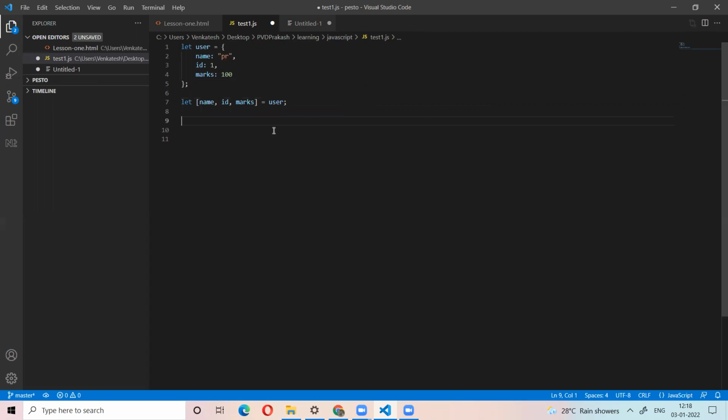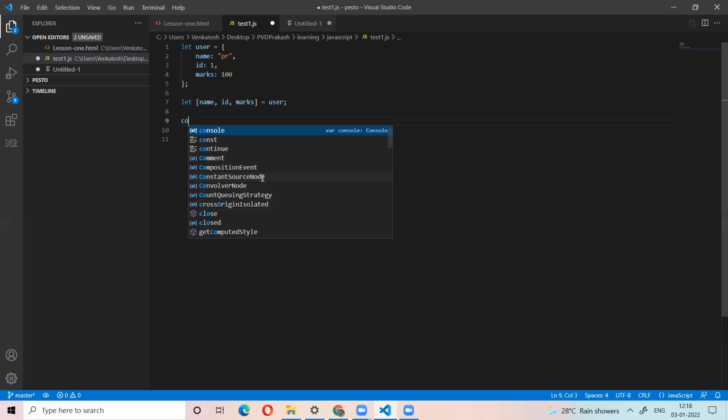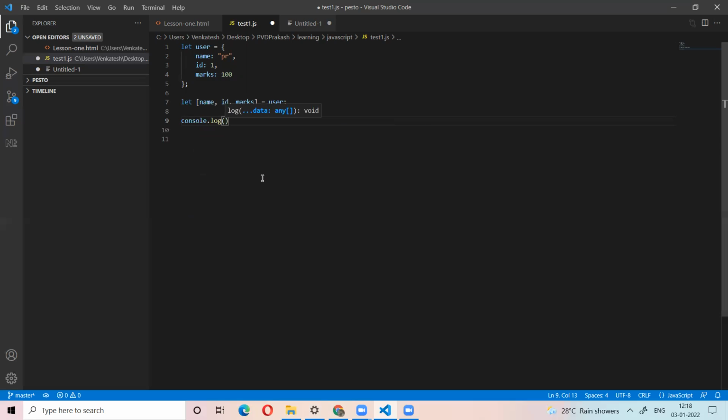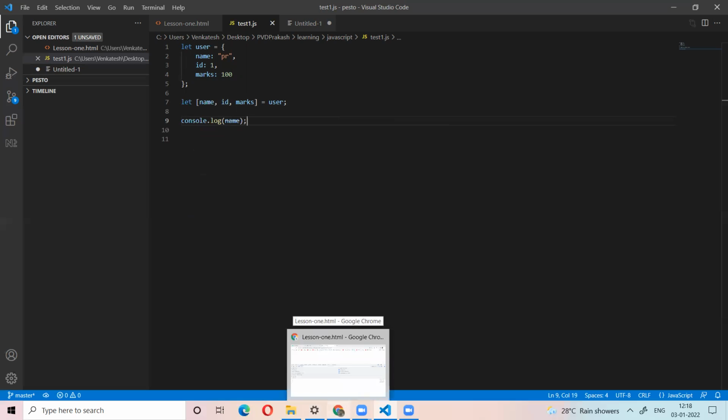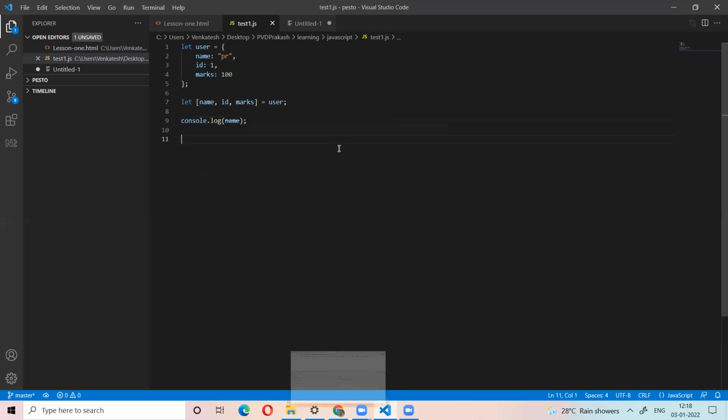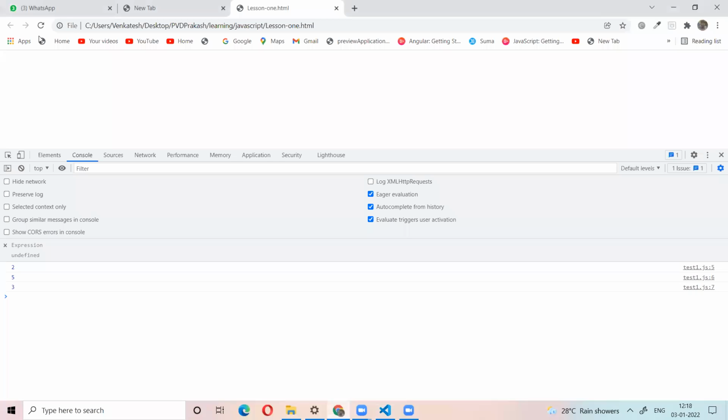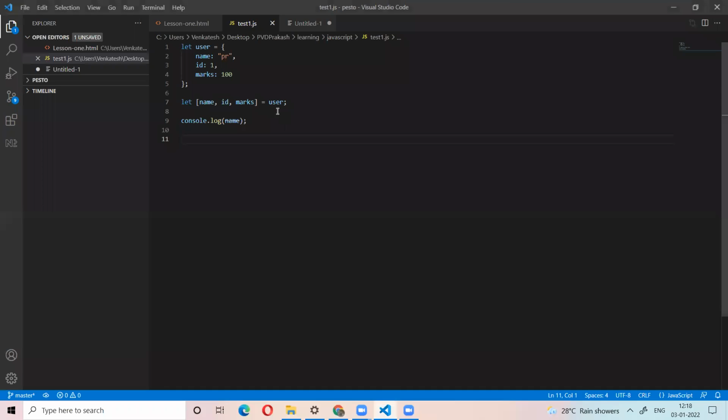So now you need to destruct the object, and every item is bound to a variable. So now, for example, console.log of name. What is the output? User is not defined. So something is wrong. Then we use it like this.